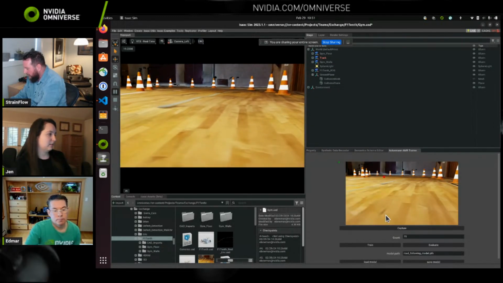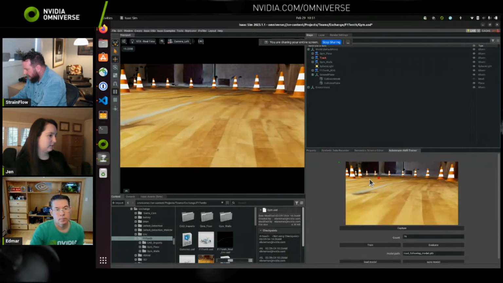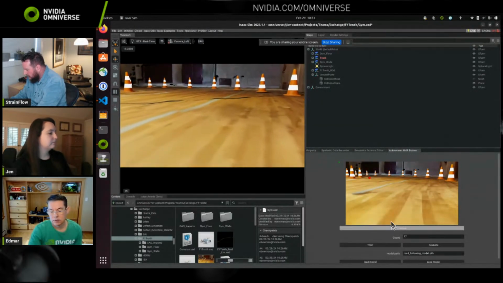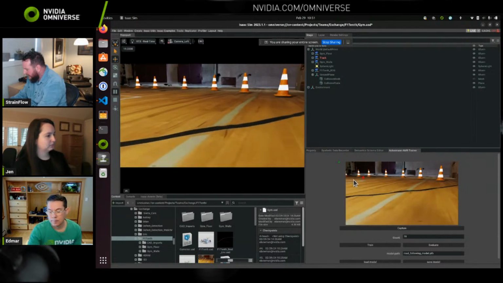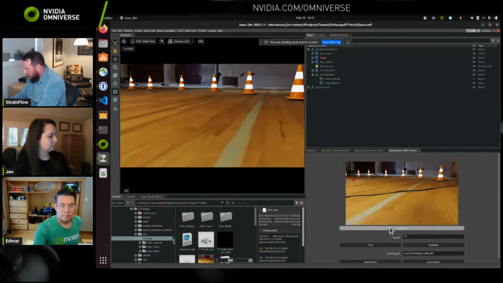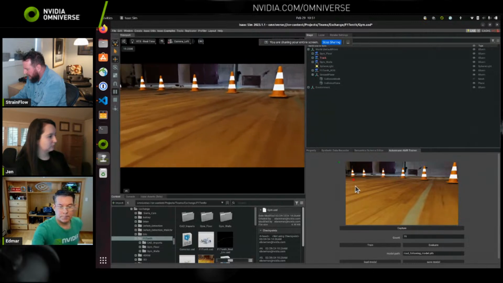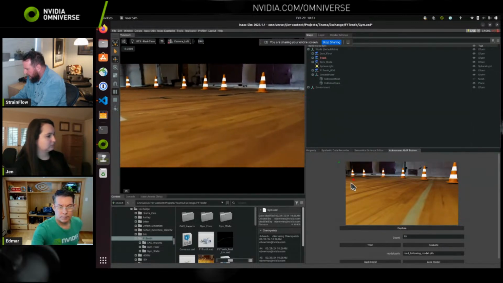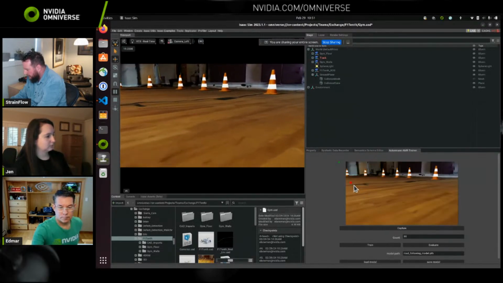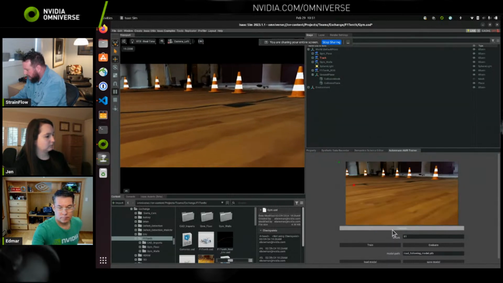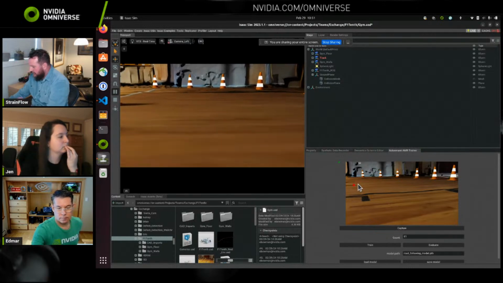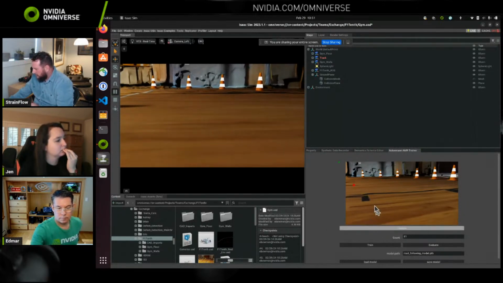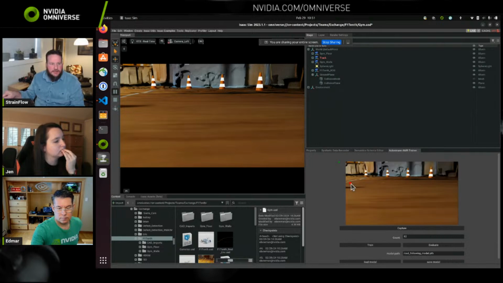But let's say you wanted to train a model that would work in the gym or on concrete or in different environments. If that's the case, then what you want to do is use what's called domain randomization. Oh, shoot, bad annotation. What that means is, right now every time I click, it's using this environment for the background.